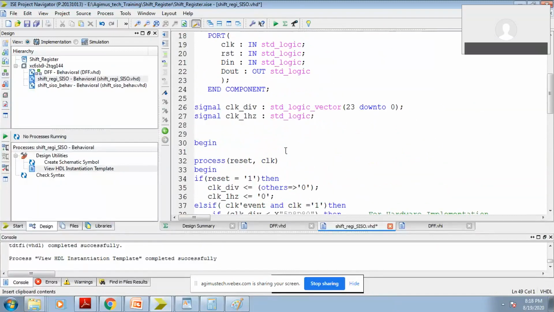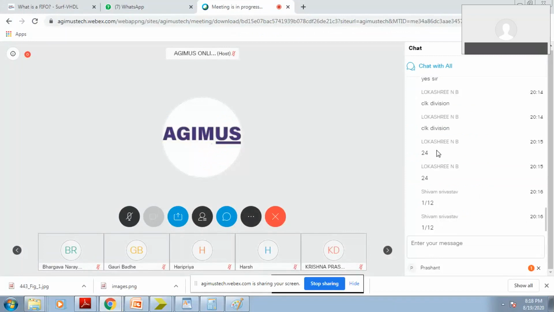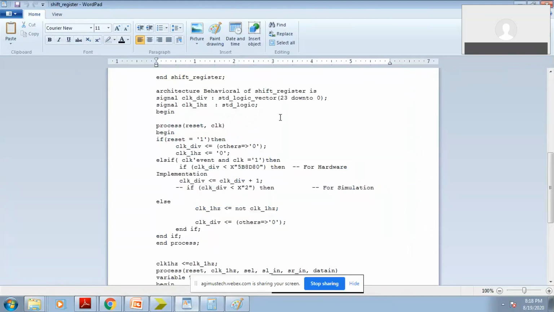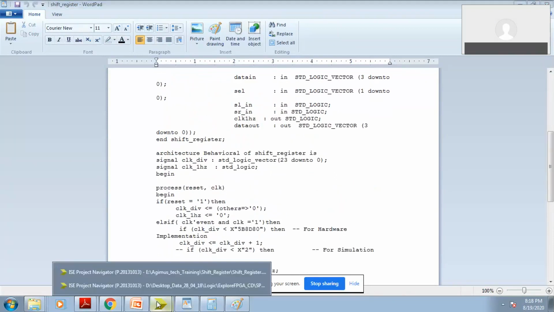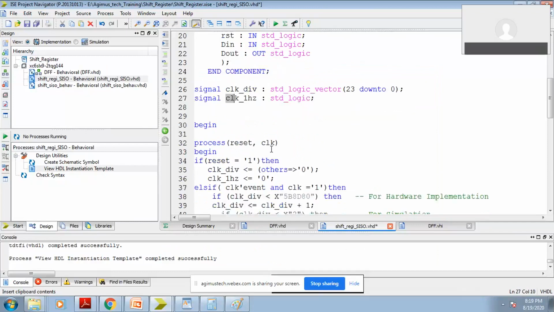Yeah. So I declared two signals. One is clock div, that is 23 down to 0. So this is 1 by 12. The answer already given is that we have to use the 24th bit, 2 raised to 23, which is exactly 1 hertz. But you can go for any hertz clock by means of this method. So here I have declared a 24 bit counter and clock as 1 hertz.